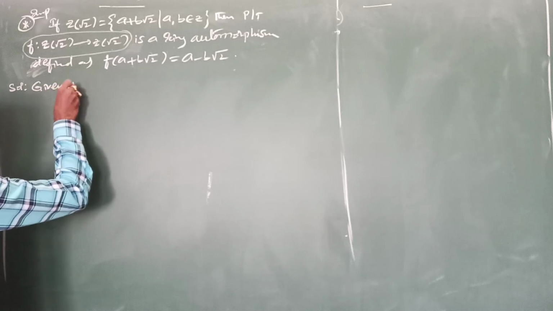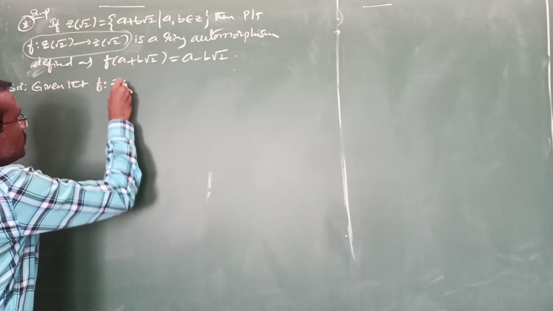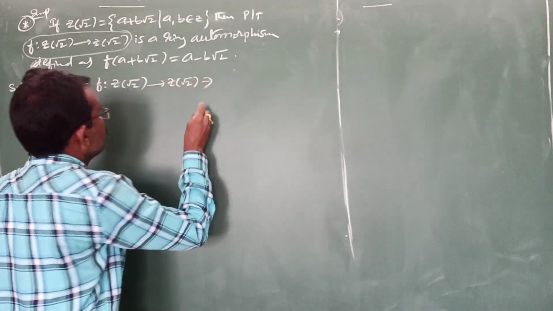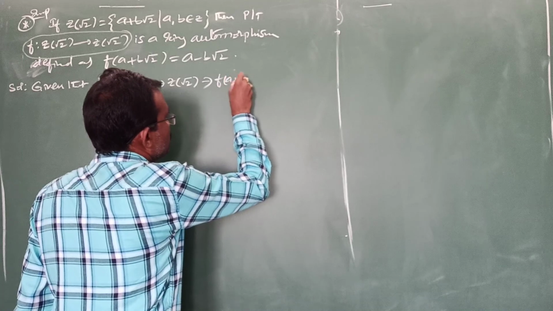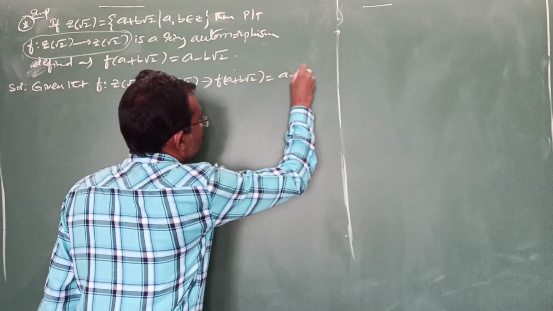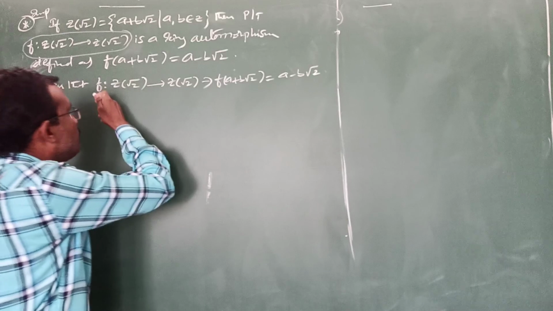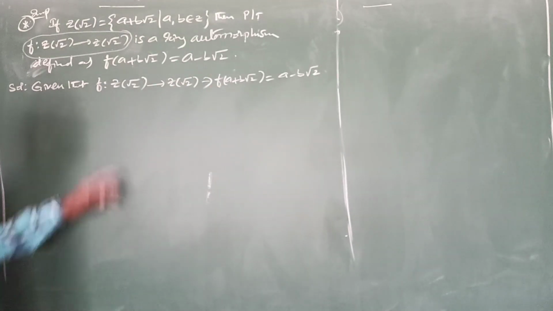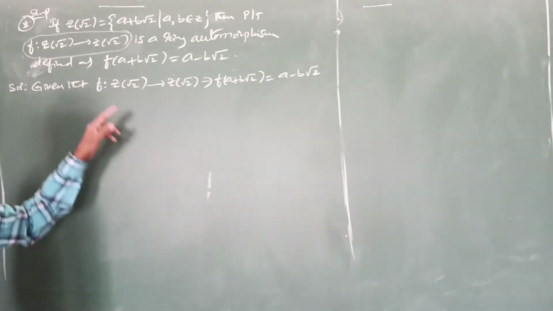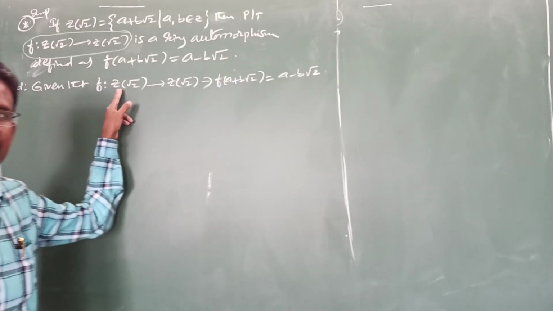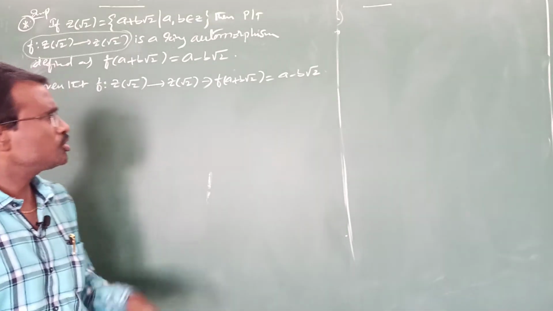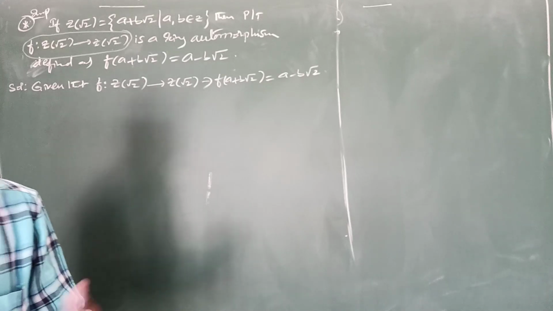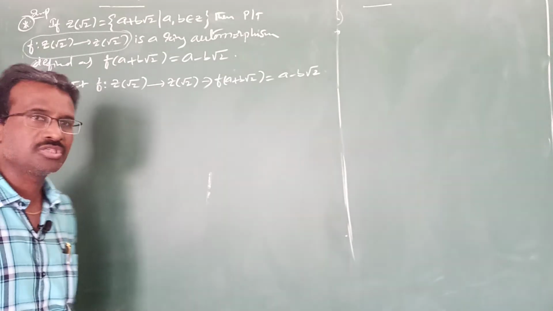Given that f is mapping from Z root 2 to Z root 2 such that f of a plus b root 2 is equal to a minus b root 2. Here again they may give notation f or phi. According to that you can proceed. Question లో ఏది ఇస్తే అది తీసుకోండి, right? This is your definition. But to proceed with your homomorphism condition, we need two elements in the domain set. Those two elements I am going to take as some x and y or alpha and beta, whatever it may be, మీ choice అండి. నేను ఇక్కడ వెరైటీకి x and y తీసుకుంటున్నాను.